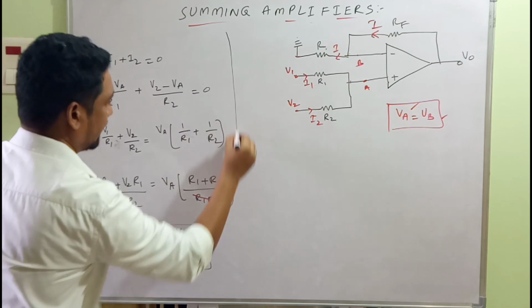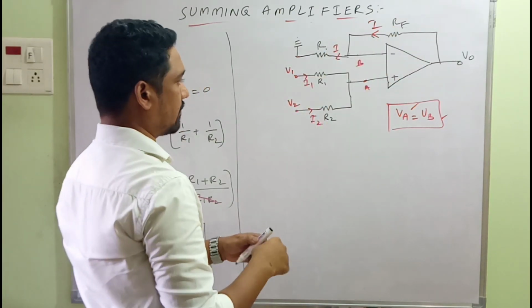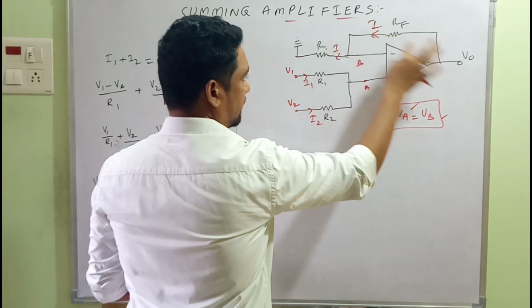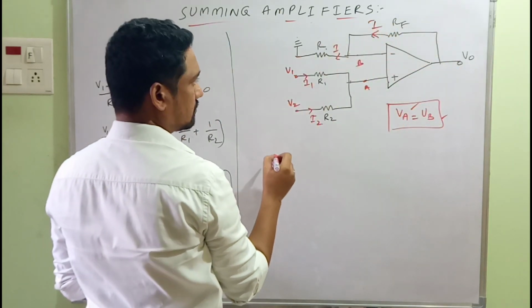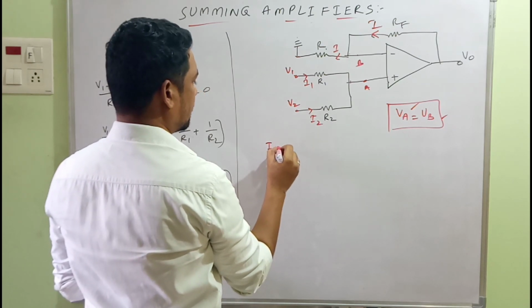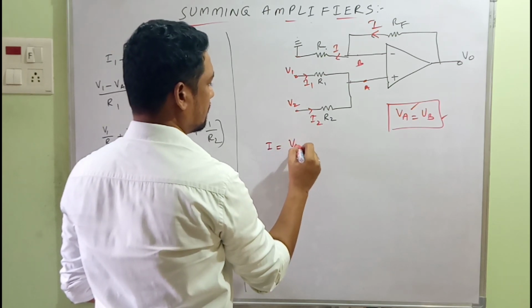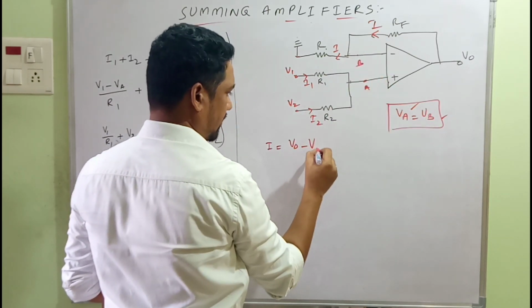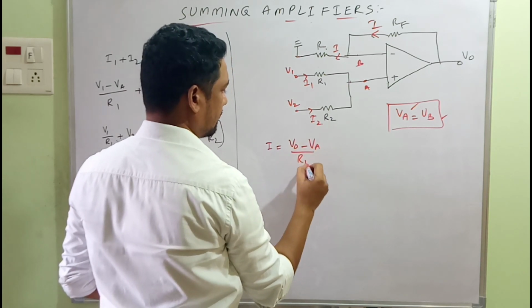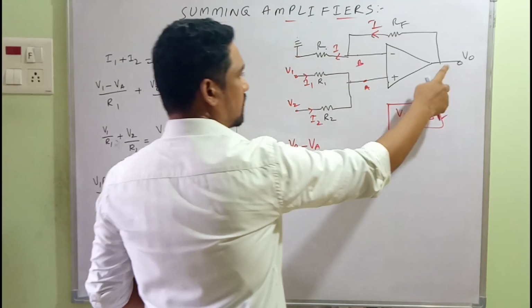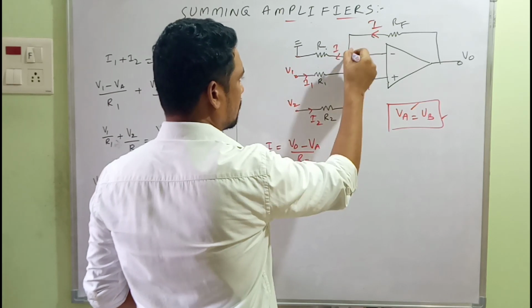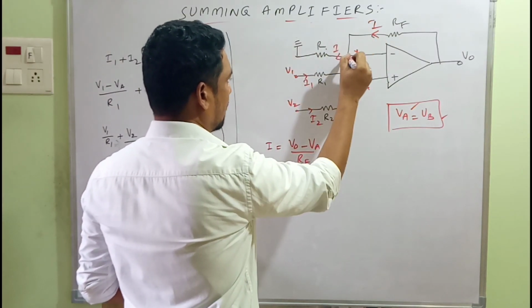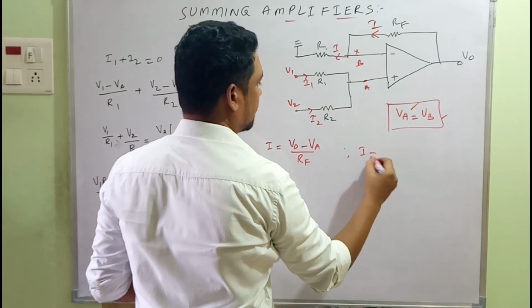On the other hand, writing expression for the output loop, we have a current flow of current in this direction, and the current I from this point to this point can be written as, I will be equal to V0 minus VB here, VB, which is equal to VA. So I'm writing down straight away that one, VA by RF. Okay, so this is from this point to this point, and the same I flows, it doesn't take the diversion to this side. This is restricted because of the high input impedance. The same I flows through the ground like this one. So from this point to this, the same I can be written as I will be equal to VA